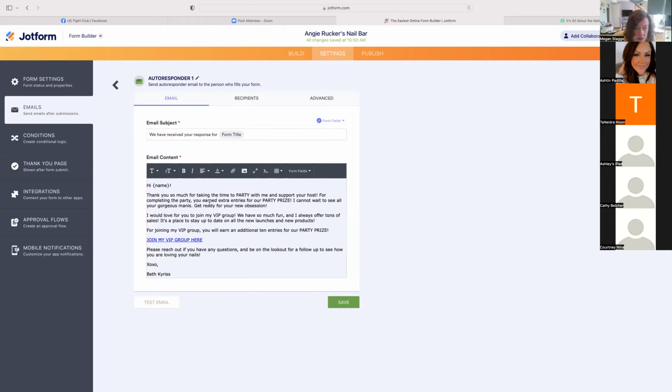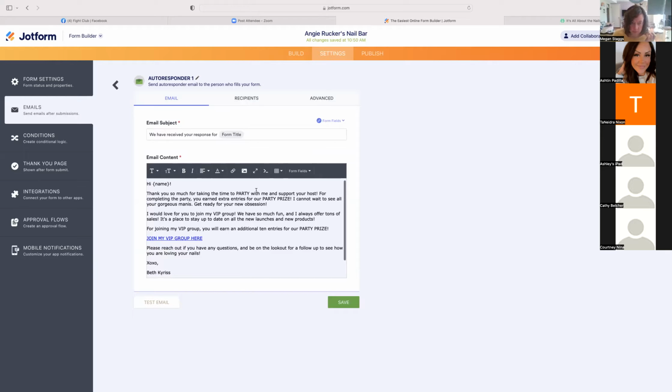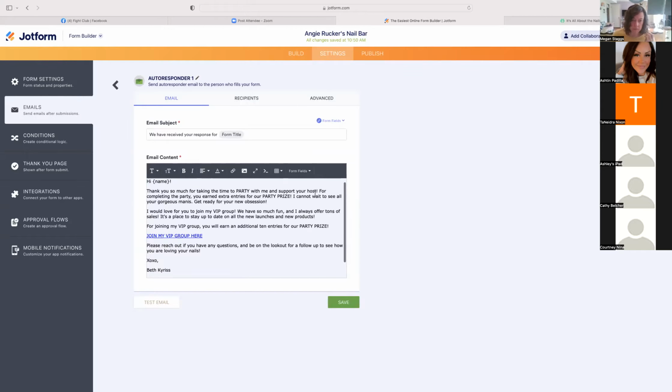This is where you want to change up your email. Once they hit that submit button, they're going to get a thank you email from you. So what do you want to put in there? I keep it really simple, so I don't have to keep editing this. Thank you for taking the time to party with me and support your host. I keep this super vague so that I don't have to change it with every host,